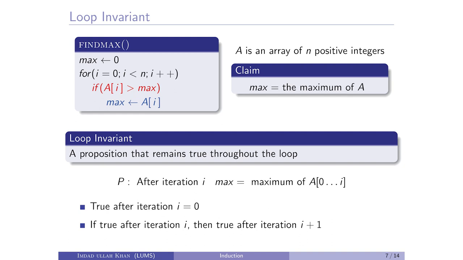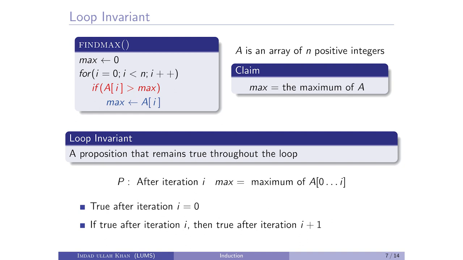Without looking at the code, it is written on the top, right? Find max. This is a simple loop which is running how many times? N times, and what does it do? It finds the max. It assumes that max is 0 and these are positive integers. So after scanning the whole array, eventually it will be able to locate max, and then that can be returned by that function find max. And this function claims that whatever is the max of A will eventually be returned in this variable max.